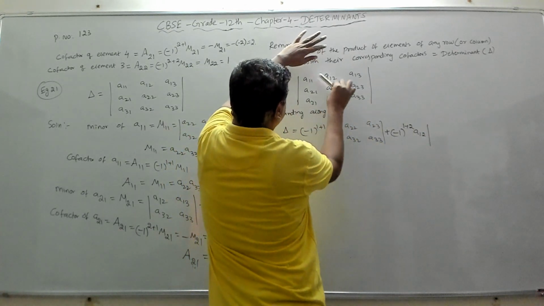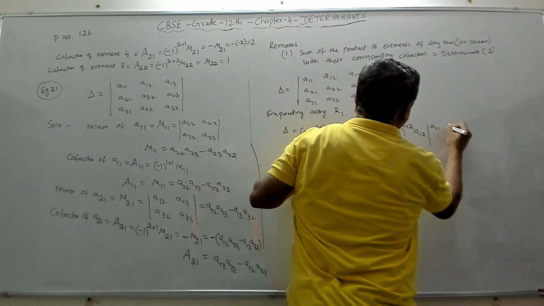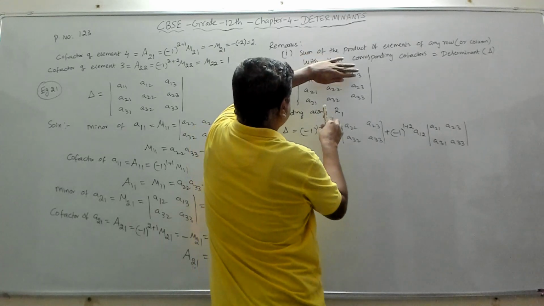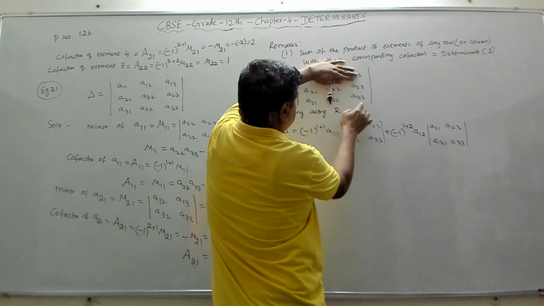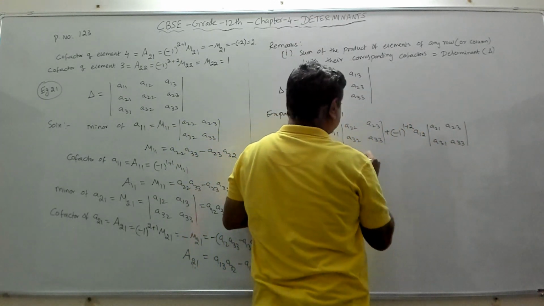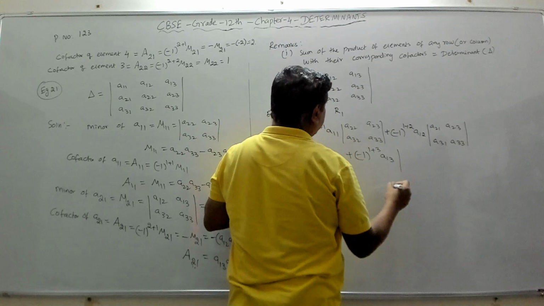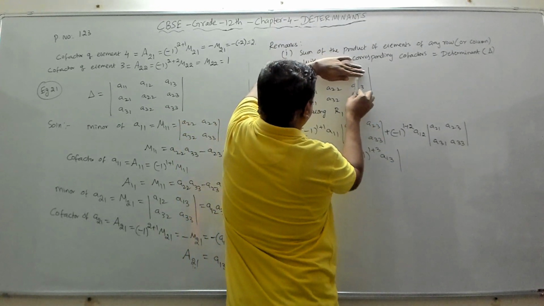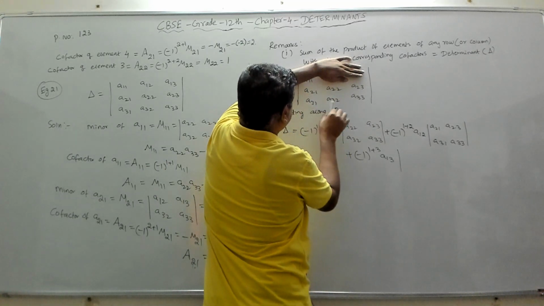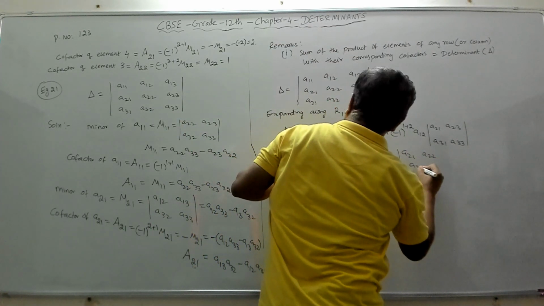So we'll close this particular row and this particular column. So this row and this column, we'll get A21, A23, then A31, A33. Right? So if you close this and this, you get this. Then I don't have space here, so I'm writing here plus the third element A13, that will be minus 1 power 1 plus 3, A13 determinant. To take this element, that particular row and column will be closed. So you will get A21, A22, A31, A32. Clear?